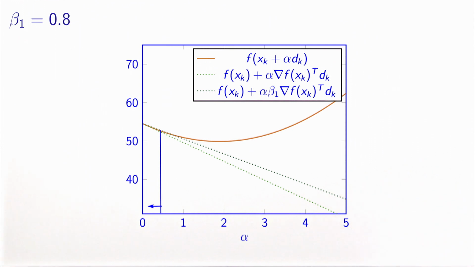And actually the theory tells us that this method will work for any value of beta 1 strictly between 0 and 1. Therefore, for any practical purposes, it's better to take a value of beta 1 which is close to 0, because then the set of steps that are considered valid is larger. And therefore, a trial and error algorithm will have a way easier job to find it.